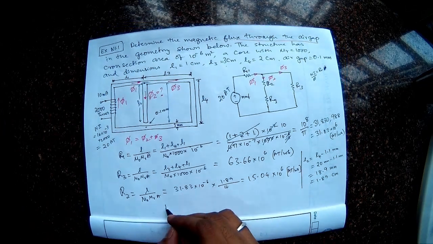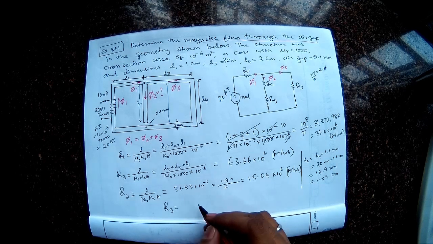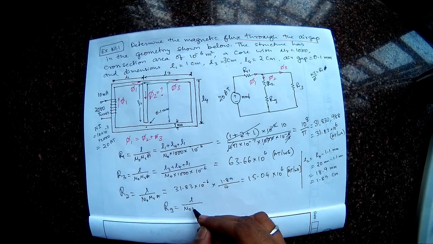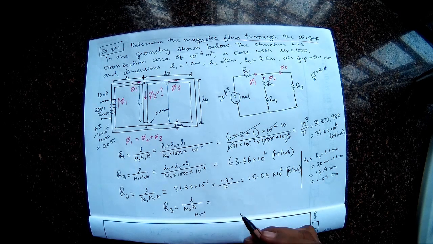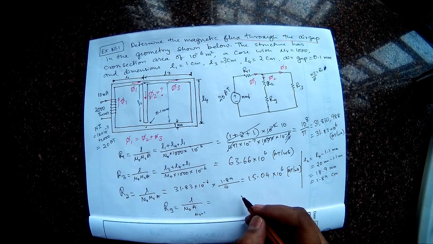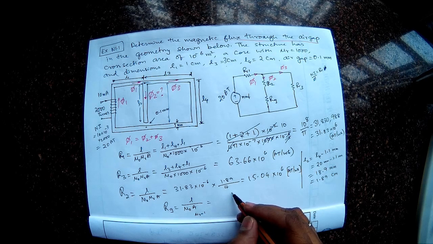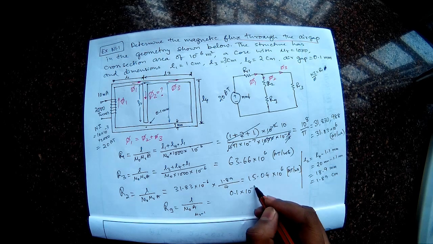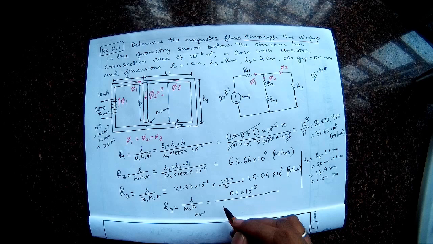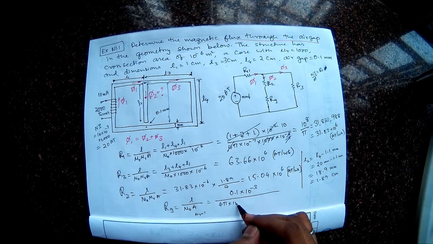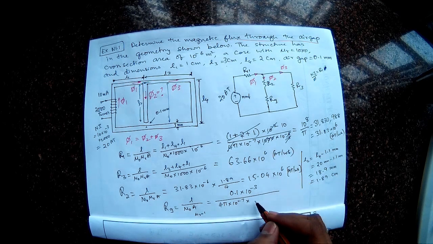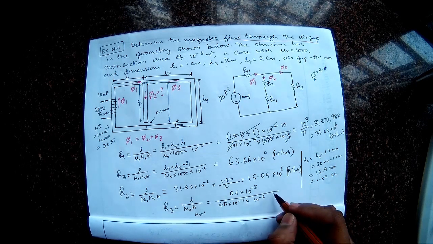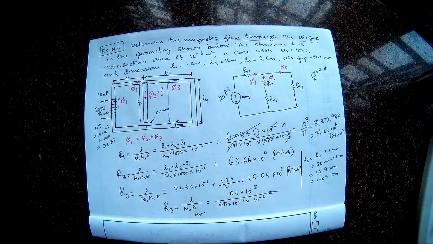So just one more is left, RG, length of air gap, that is L by mu naught into A, because mu R is 1 for the air. So what is my length? Length is 0.1 mm. Okay. So 0.1 into 10 power minus 3 meters divided by mu naught, which is 4 pi into 10 power minus 7, and then A, the area of cross section, is 10 power minus 6. Okay. So this is the value I am now looking for.